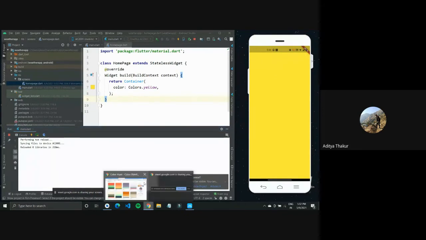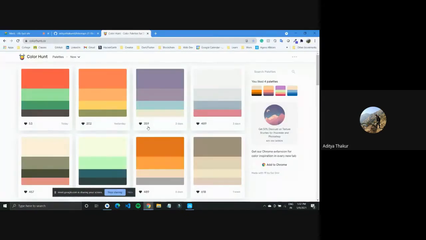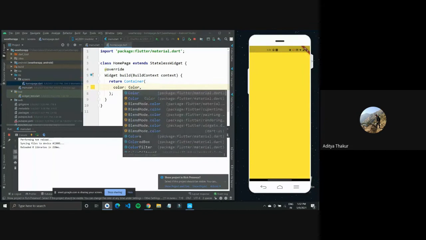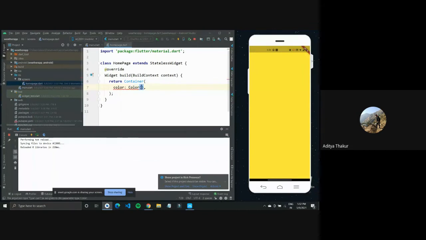And now, how to use one of these colors actually. Let us say I want to use this color code that I have. I'll copy this code, and instead of using colors right now, I'll type color and bracket, so it should take in this color. Okay, I pasted the color code, but it wouldn't work.